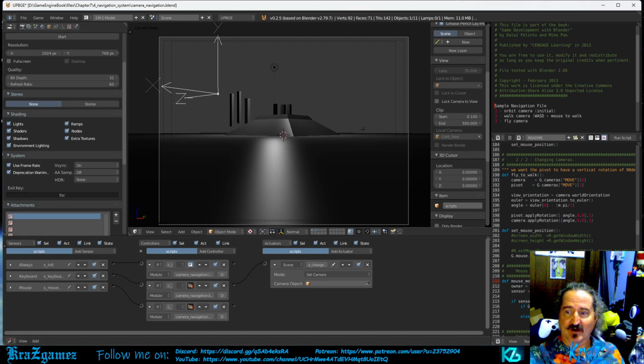Okay, if sensor.positive, which means if the mouse button is clicked, and if the camera cam is in orbit mode, then you're going to orbit the camera. Else, it's going to do the look camera. So remember, up here, whenever you pressed certain things, you got certain things. Like if you hit 1, you got orbit camera. 2, you got walk camera, and then you got 3, fly camera. What they're talking about is for the walk camera,